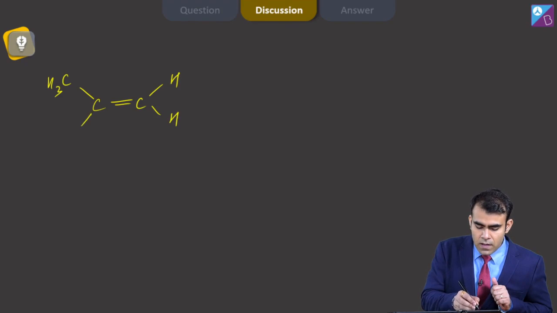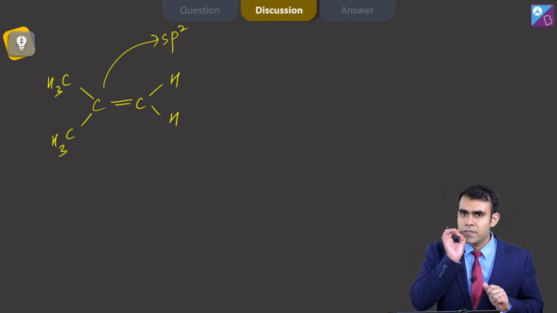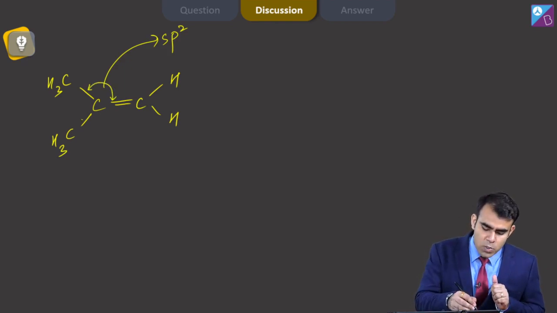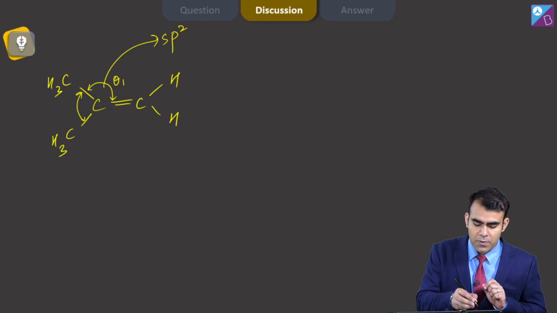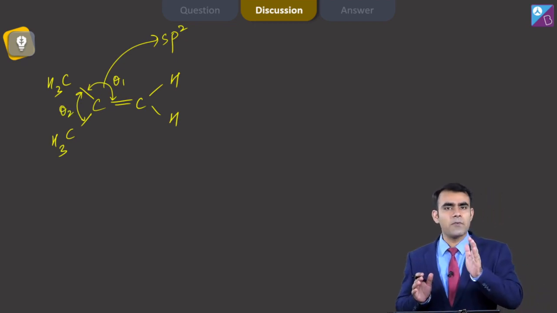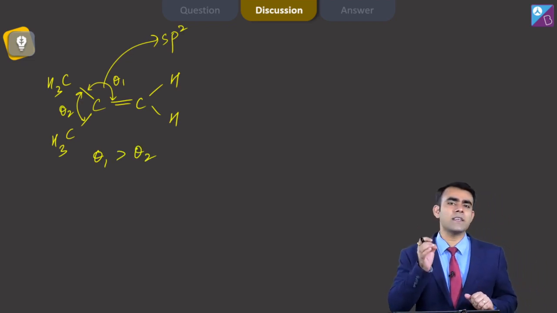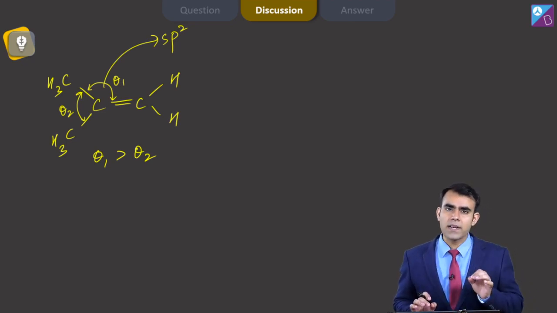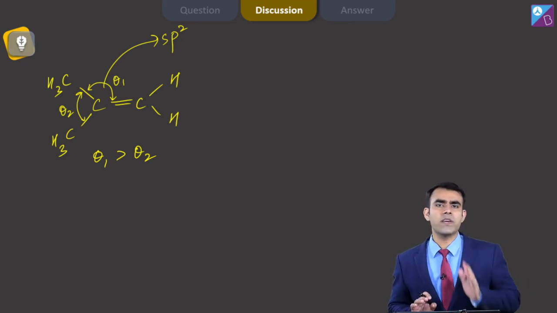We have an sp2 hybridized carbon here. Now if this is sp2 hybridized, then the ideal bond angle is around 120. But because of this double bond, there is greater repulsion between the double bond and single bond as compared to single bond and single bond. And because of that I can say one thing, that my theta 1, this is theta 2, that my theta 1 is greater than theta 2, or you can say that theta 1 is slightly greater than 120 degree, and similarly theta 2 is slightly lesser than 120 degree. The theta 1 is somewhere around 122.2.